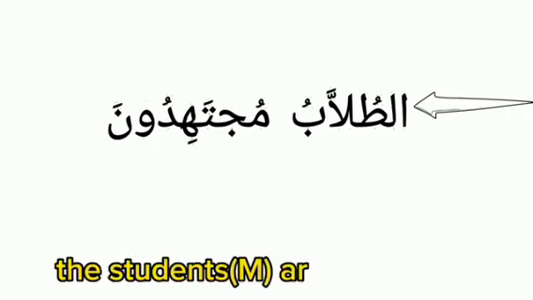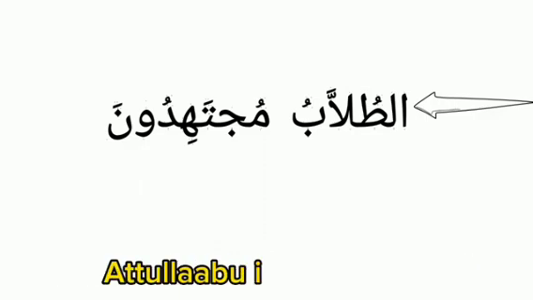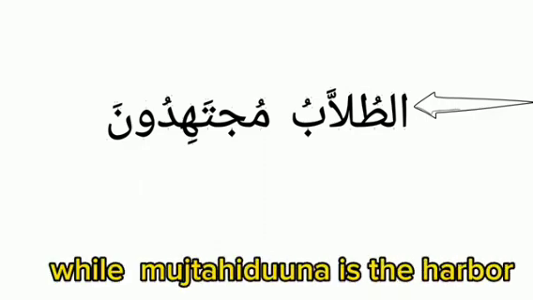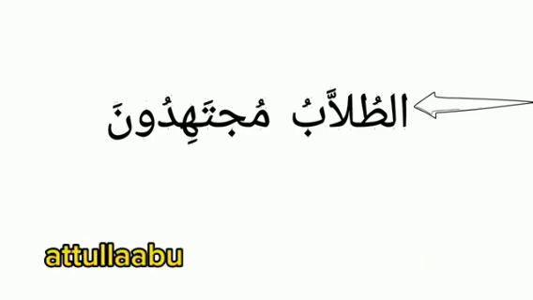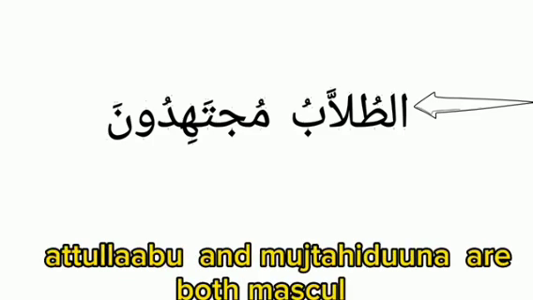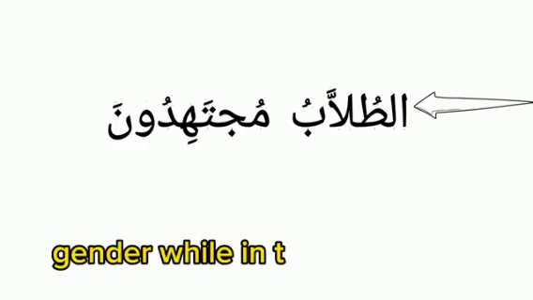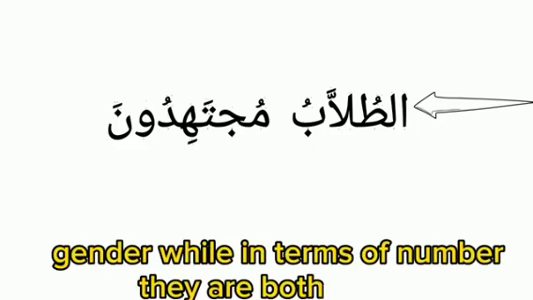Another example that we have here also is at-tullabu mujtahiduna. The students are hardworking. At-tullabu is the mubtada, while mujtahiduna is the khabar. Now, in terms of gender, at-tullabu and mujtahiduna are both masculine, while in terms of number, they are both